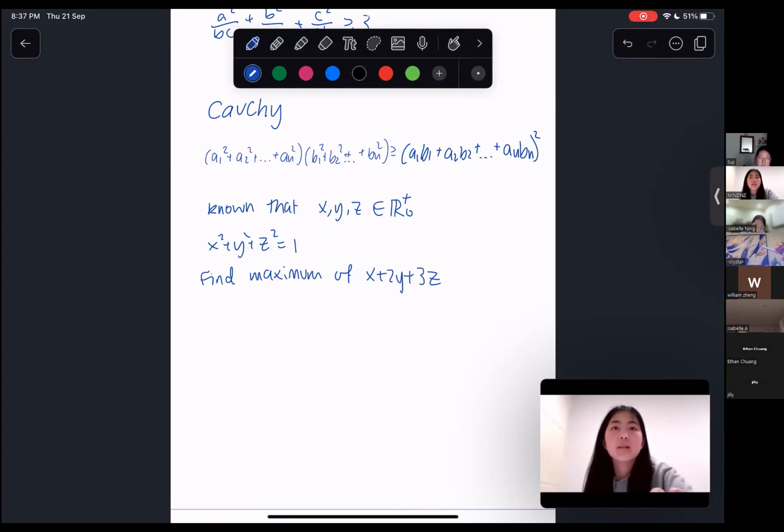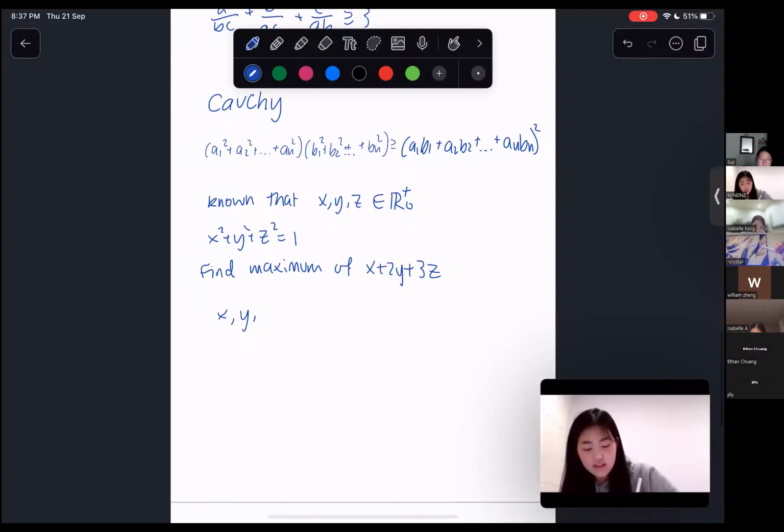Okay. Does anyone have any ideas? Yes. Okay. So I've seen some really good ideas. So basically we see that there are like 3 unknown variables, right? X, Y, Z. And what we can interpret these as is like one sequence. So this is a sequence of 3 numbers,